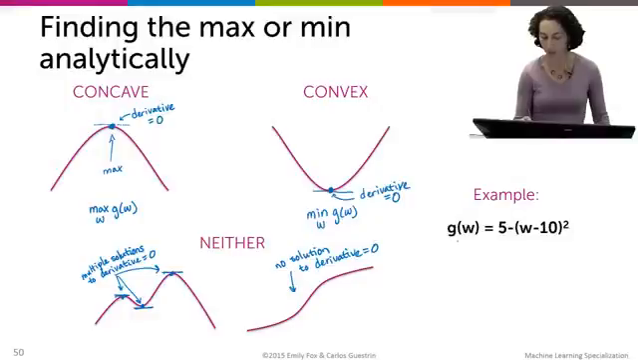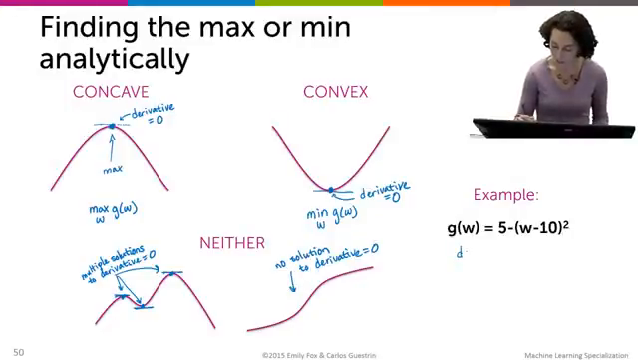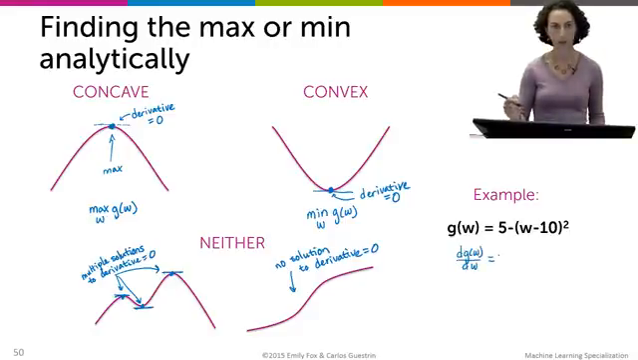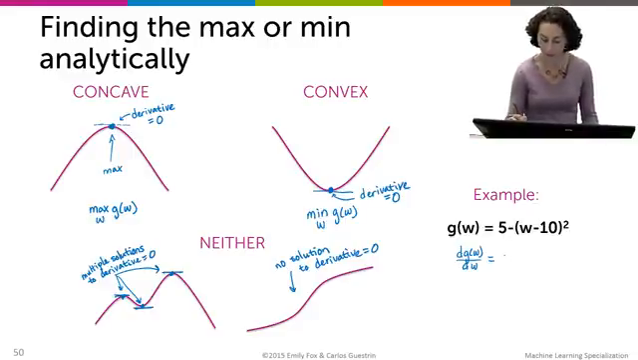So let's just look at a quick little example here. I wrote down a function, g of w is 5 minus (w minus 10) squared. So let's take the derivative of this function. We have to go back and remember our calculus, but I promise I'll at least try to keep it simple. So the derivative of 5 with respect to w is 0, and then the derivative of this term here,